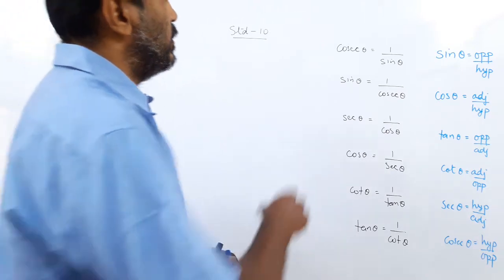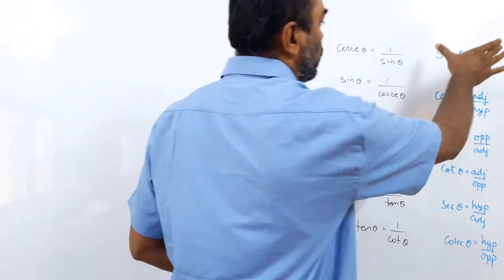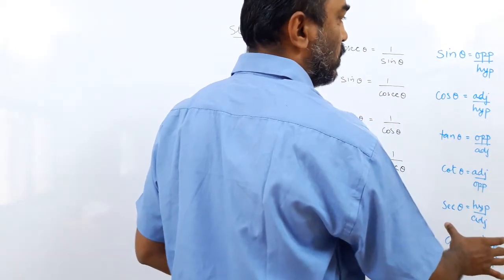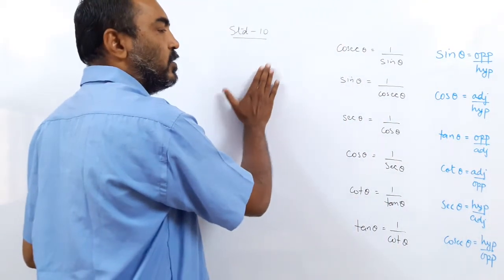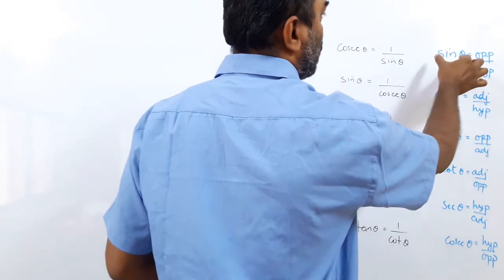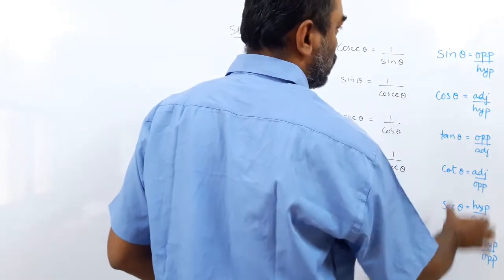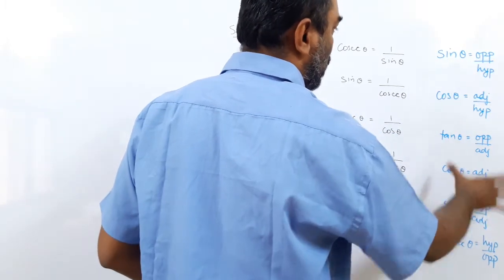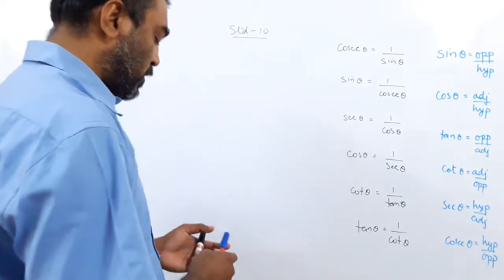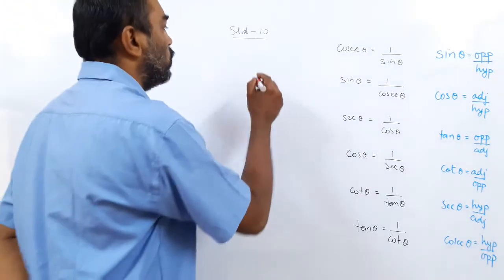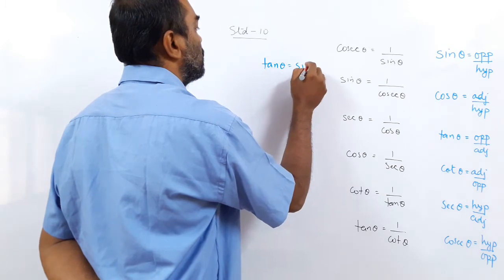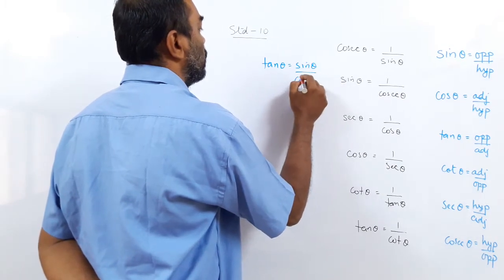Now like I said, these identities have come from these ratios, but these have not come from anywhere. We had a triangle with 3 sides making up 6 ratios. We have given names to the 6 ratios. So these names you have to learn, but once you learn this, then you can easily understand the logic in this. Yesterday we also had tan theta is sin theta upon cos theta.